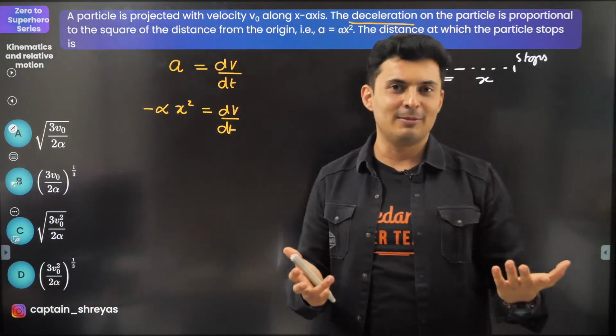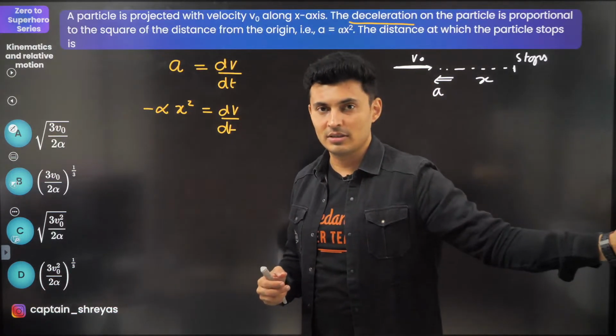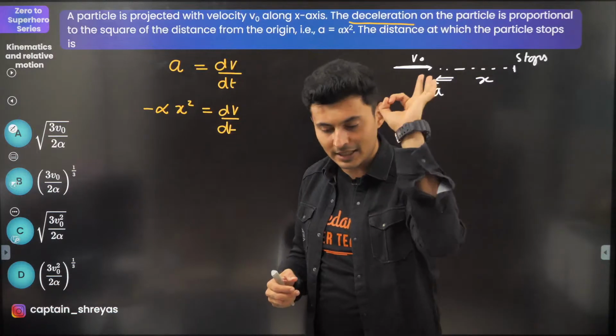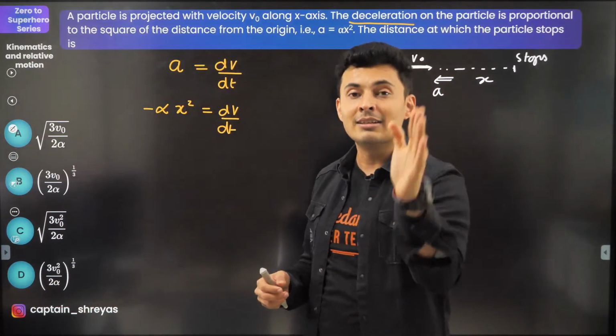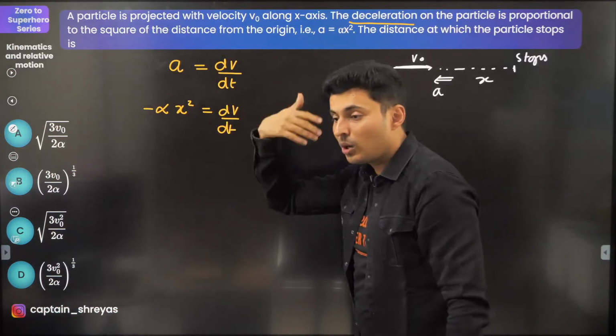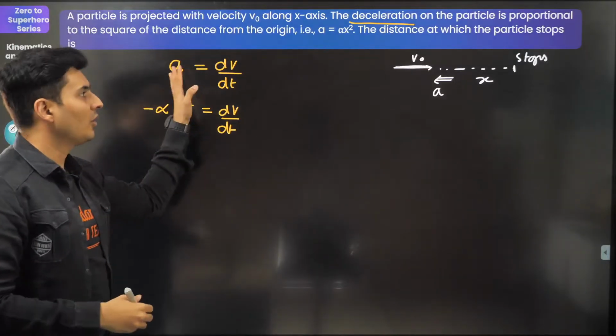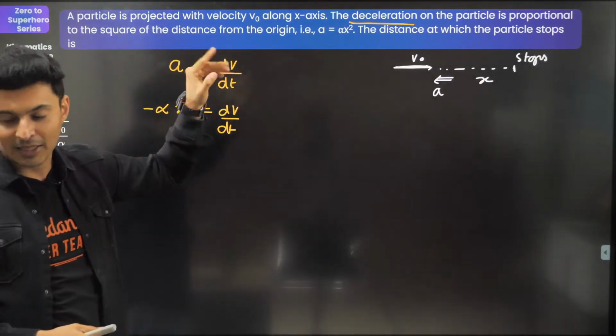Guys, I can't use kinematics. Why I can't use kinematics is because it is only valid when acceleration is constant. The moment acceleration is variable, it has to be derivatives and integration. That's the reason why I stressed on the word. The moment I saw these variables, I thought about derivatives and integration, not about kinematics. So you cannot solve this by kinematics, keep this in mind.